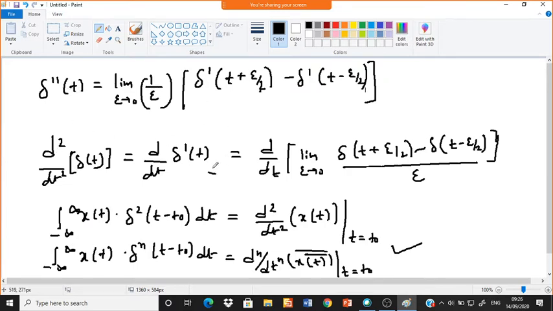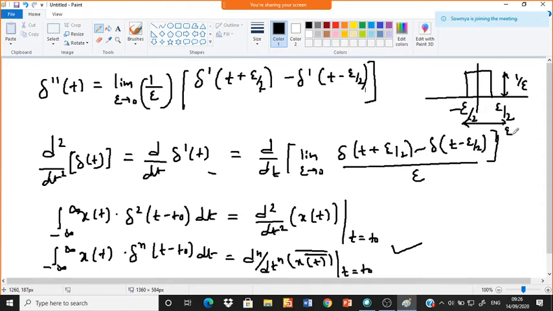Okay, is there any doubt? As I said, when you define the impulse signal, the value of epsilon depends on the width and height. The height is 1 by epsilon and the width is epsilon. That's how you have to take the values whenever the problem gives epsilon and 1 by epsilon. If they ask for the derivatives, then you need to use those values, and generally if they ask for the application of this impulse to any signal x of t, then you perform it like this.